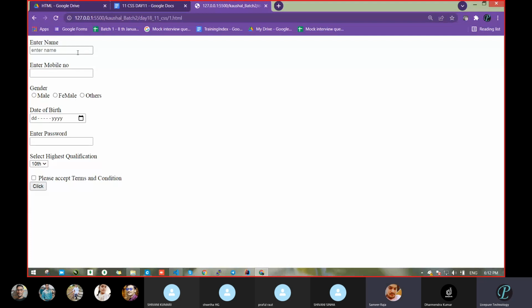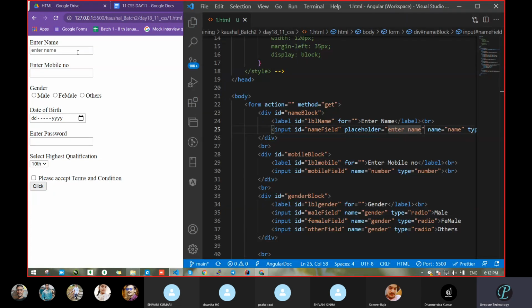But when you put the cursor over this field and start writing, where is that text, enter your name? That got hidden. Correct? Because that is a placeholder. So we can pass a placeholder in all fields, it is not compulsory in this field only. But I do not want this placeholder. I want something by default, some name should be there.